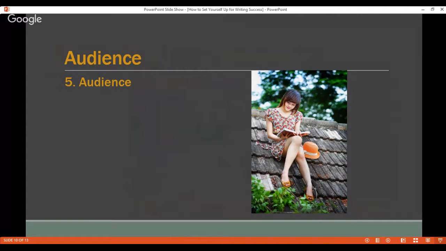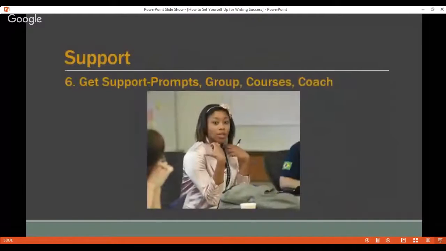So if you can focus that writing down so that you've got a clearer tone and style and purpose and audience, you're going to be more successful in your writing than if you're going all over the place of like, okay, this one's written to my mom and this one's written to my sister and this one's written to my Aunt Margie. If you stay more focused with your audience, you're going to stick with it. And that's what we want to do. We want to create a ritual here. By creating a ritual, we are creating a path for success.